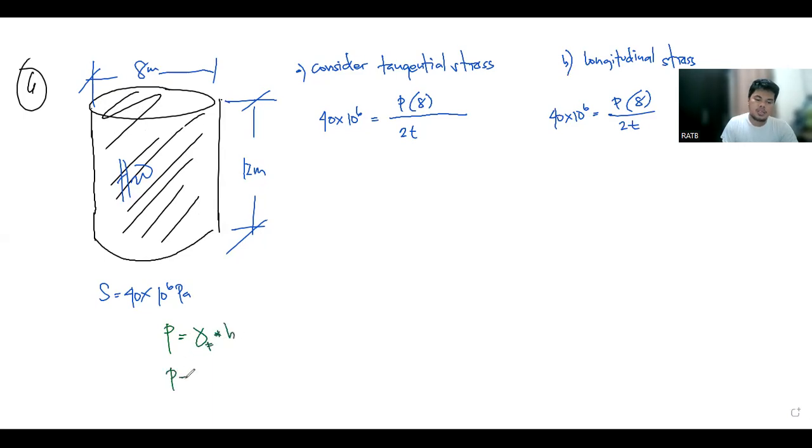In this case, since this is water, that's 9810 Newton per cubic meter, multiplied by the height, which is 12 meters. So this would give us the internal pressure as